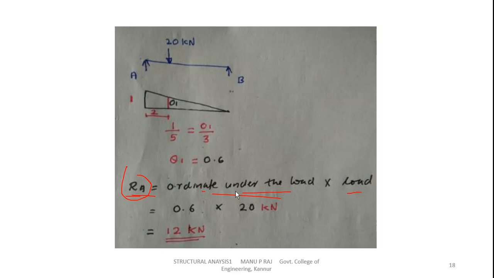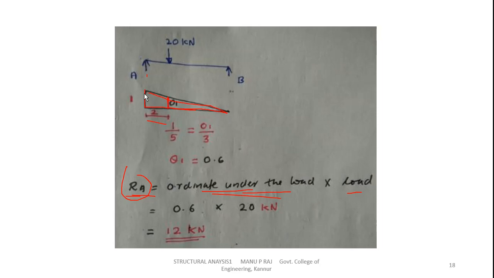The ordinate under the load, this is the load 20, so we want to find the ordinate. Ordinate means this value under the load, that is at 2 meters. At 2 meters, what is the value of the ordinate? From similar triangles, meaning this large triangle and this small triangle,